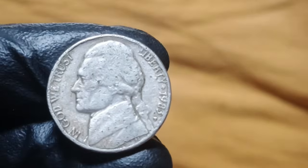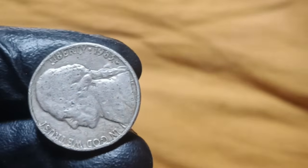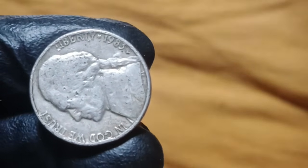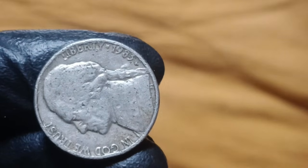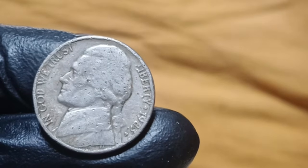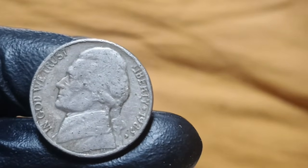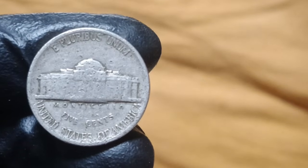And this trend suggests that valuations for the most extreme rarities like the 1983 P Jefferson nickel worth $355 million will likely continue to increase over time as wealthy collectors compete for the limited number of truly exceptional pieces available. The 1983 P Jefferson nickel worth $355 million stands as the ultimate example of how extraordinary value can emerge from ordinary circumstances, how mint errors can transform common coins into priceless treasures, and how the democratization of treasure hunting through modern